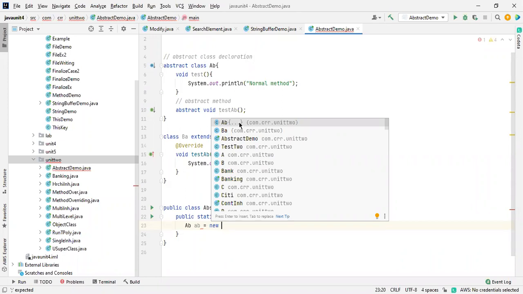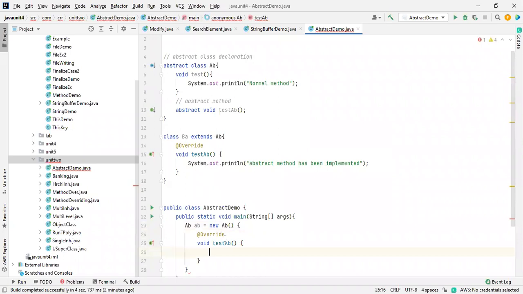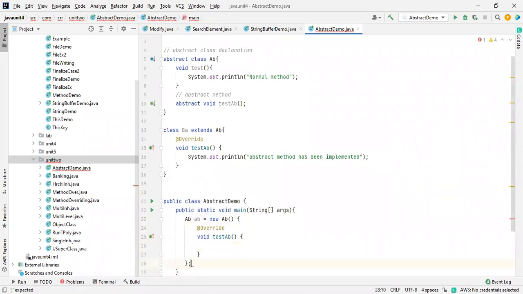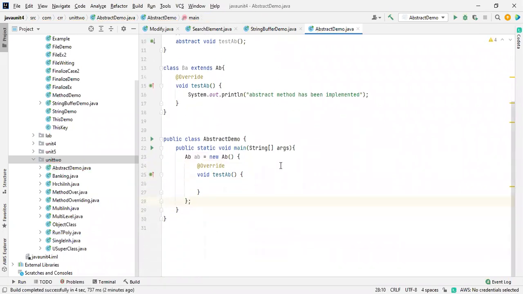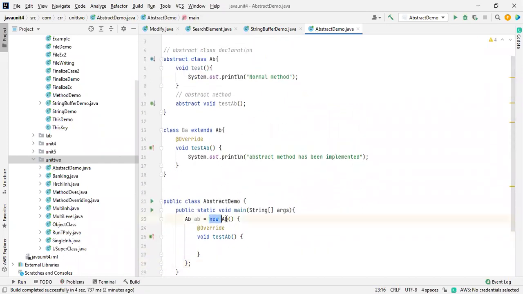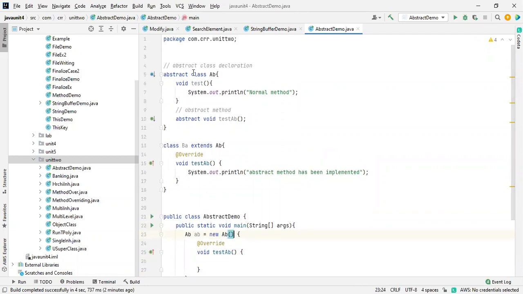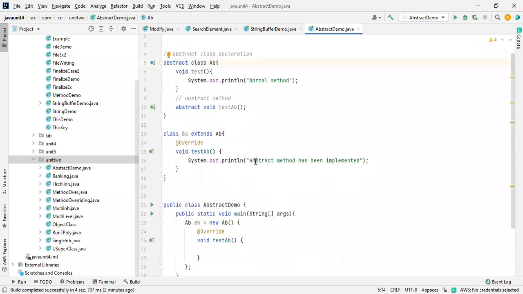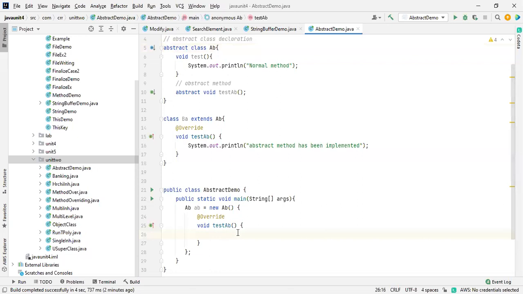If you click on this directly, there will be an implementation. Now you got my point. So if you use the new keyword to instantiate an object for the abstract class, we have to implement it right there itself.